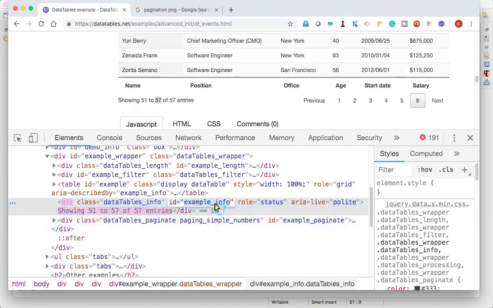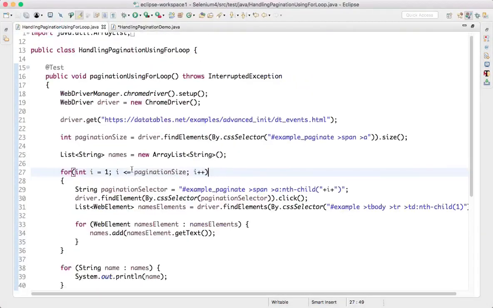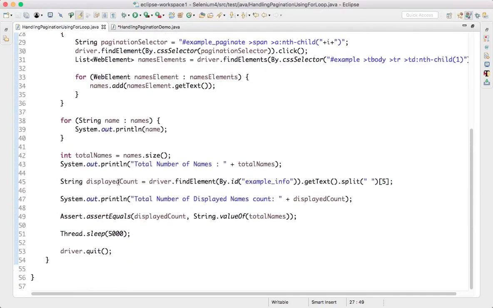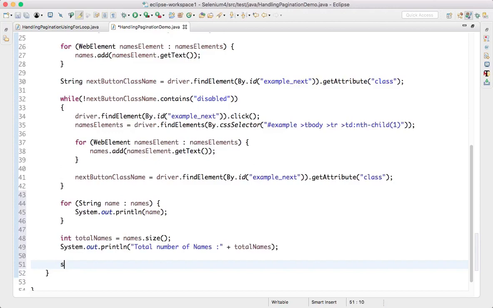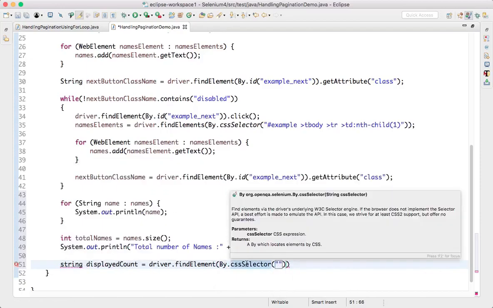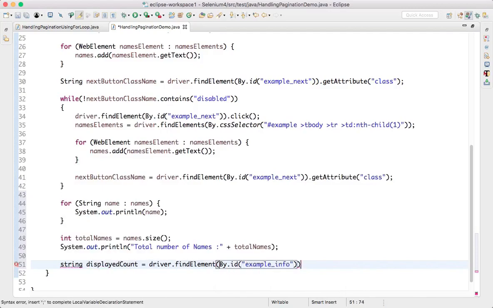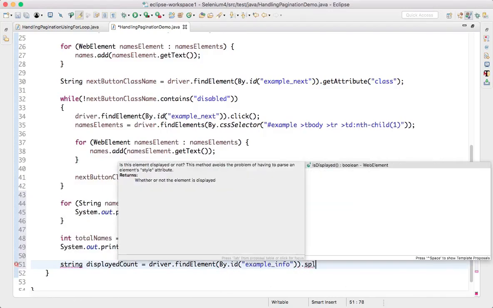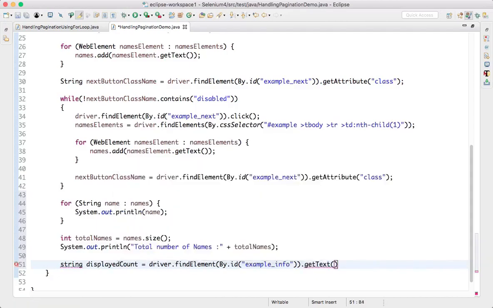So what I'll do, example info, how I captured here, I said displayed count. Okay, same logic. String displayed count is equal to driver dot find element by CSS selector. Sorry, I'll give ID as I have ID. First we need to get the text of that particular web element, then you can split with the space.